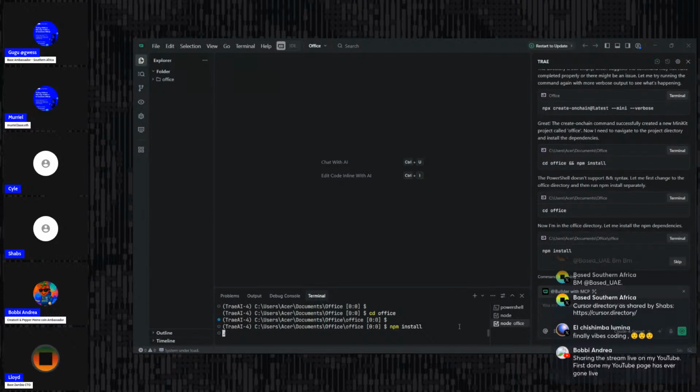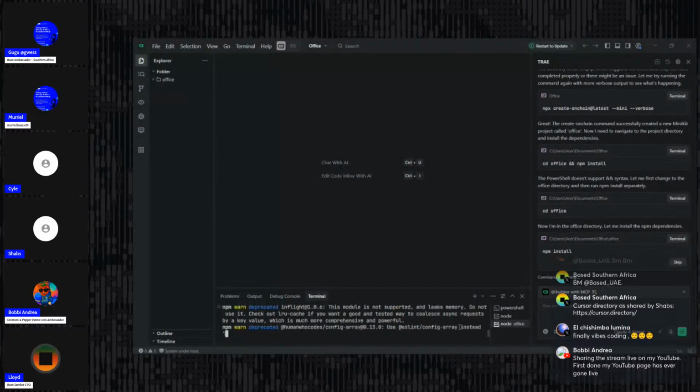If you're not using the AI, what happens is when you put that npx code, that one line of code, into your terminal, and you go through the process of entering your API key, after that you have to move into the right folder. So it's always a good idea to make sure that you are in the right folder. If you look at Google's project, you will notice that there's two Office folders.